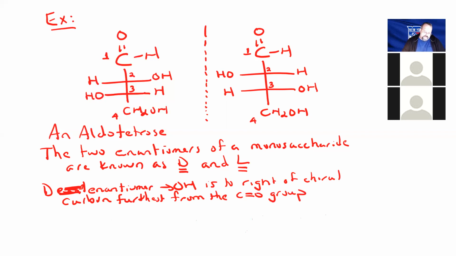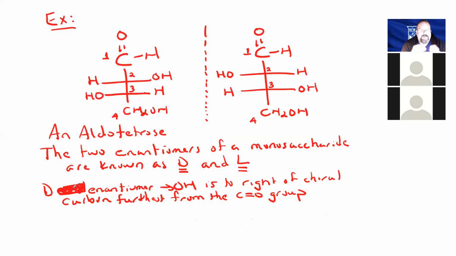In the notes, we started with an aldotriose, where there was only one chiral carbon. But then we went into the example of an aldohexose, where you had multiple chiral carbons, and you could definitely have the OHs going in different directions. How would you distinguish one from the other? The way you would distinguish one enantiomer from the other is that we need to be able to pinpoint one particular carbon and keep that consistent